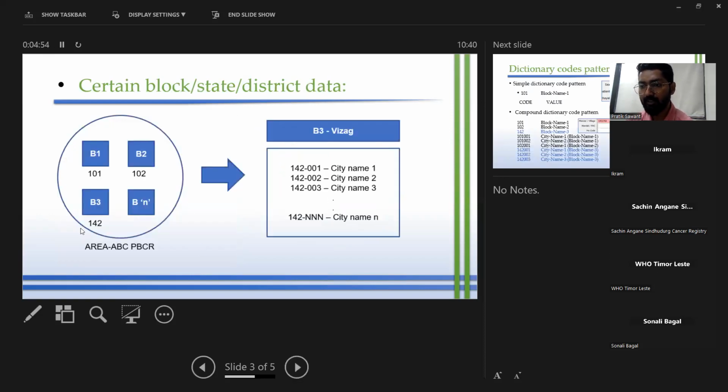So the same section, the same graph I have just copy pasted here. It is the same block B1, block B2, block B3 with the same code 101, 102, 142. And I have denoted that this is the area ABC PBCR. On the right side, what I have done is I have just expanded the block B3, and the